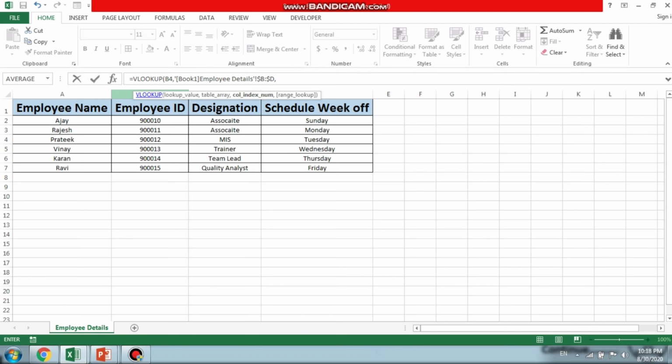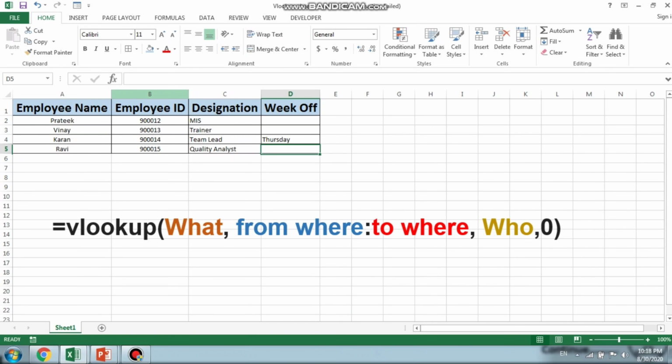We will not count from the employee name guys, because the portion we have selected starts from the employee ID. Now employee ID will be considered as our number 1 position, designation will be number 2, and the third column will be our week off. So we will comma, week off is at third column, comma and 0. So we will get the week off over here.